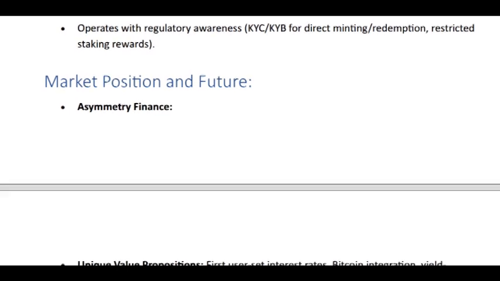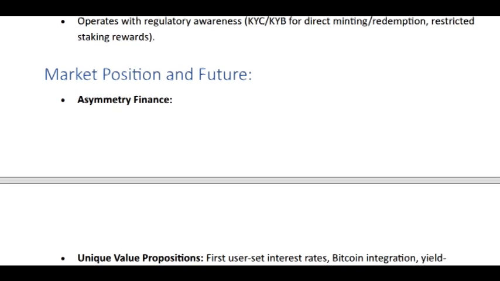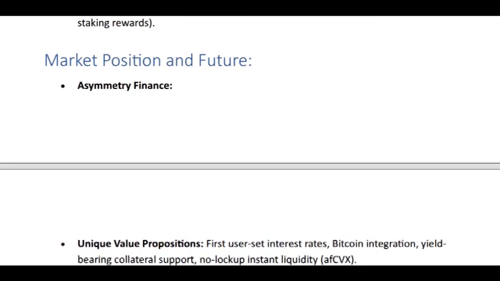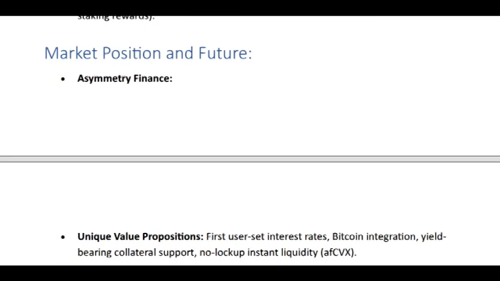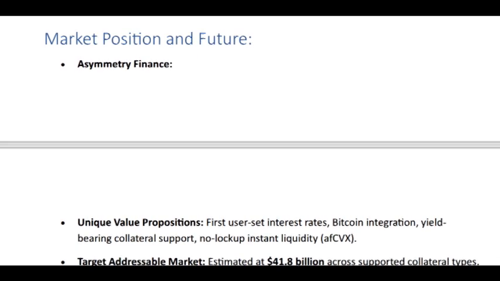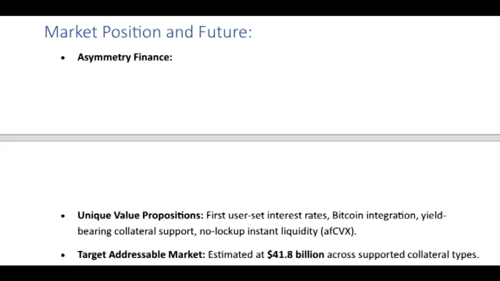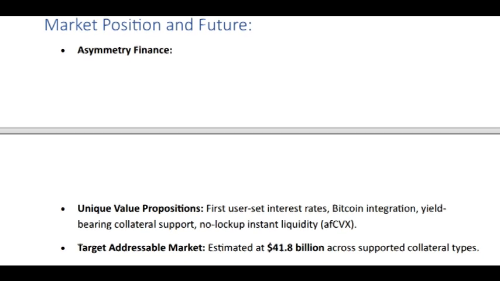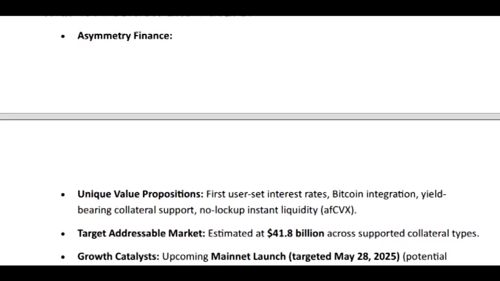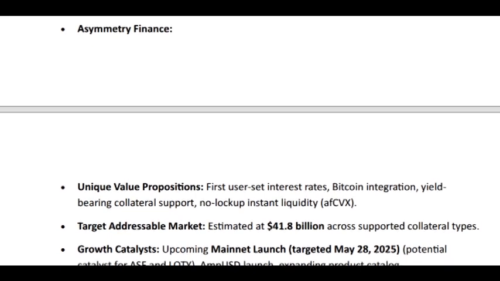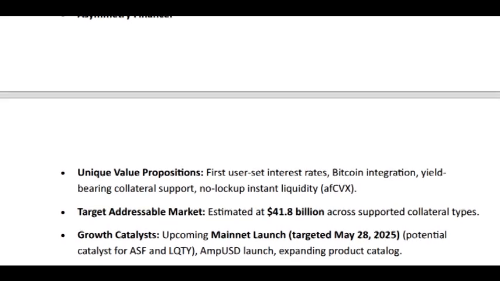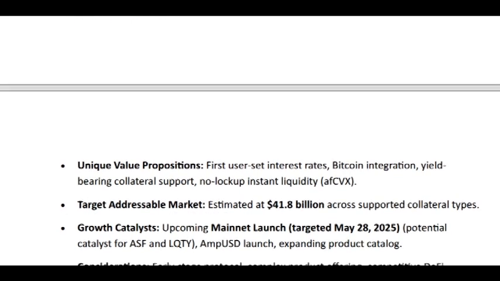There's also sENA. sENA is the liquid staking version of ENA. Lock up ENA, get sENA. It's designed to accrue value, kind of like how BNB works, and stay composable in DeFi. Holders earn rewards, initially from unclaimed airdrops. Any other benefits for sENA? Yeah, the plan mentioned is for staked ENA, sENA holders, to get 15% of the future token supply from Ethereal, that's a decentralized perp exchange Ethena is integrating. Plus, integrations with Symbiotic for restaking and LayerZero for cross-chain stuff are meant to benefit sENA holders too.